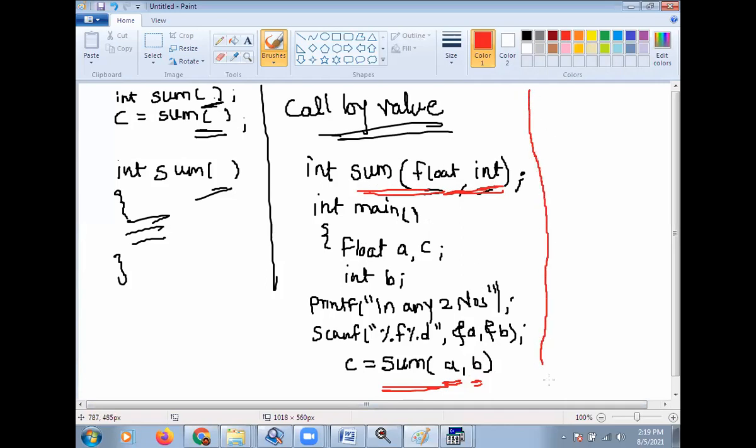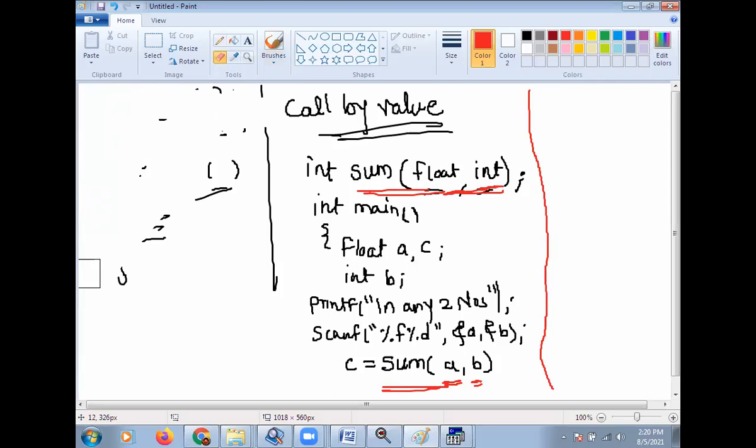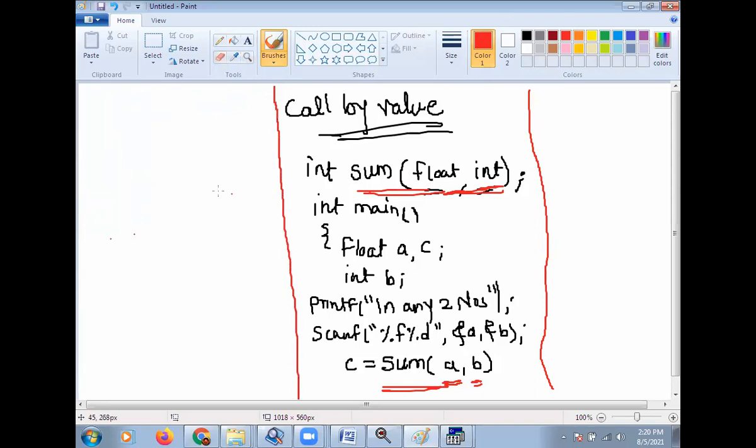Whenever you are going to the function definition, suppose at this side I will write integer sum, suppose float p, integer q.